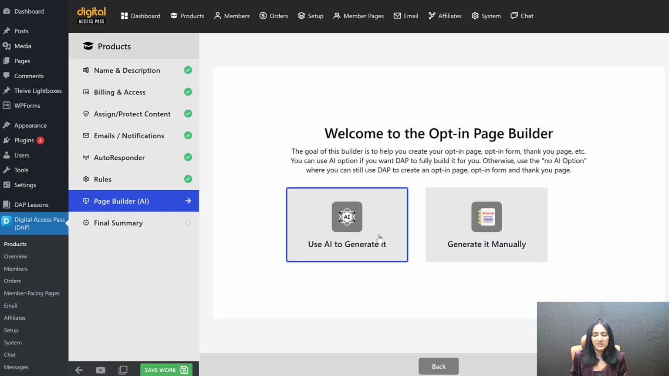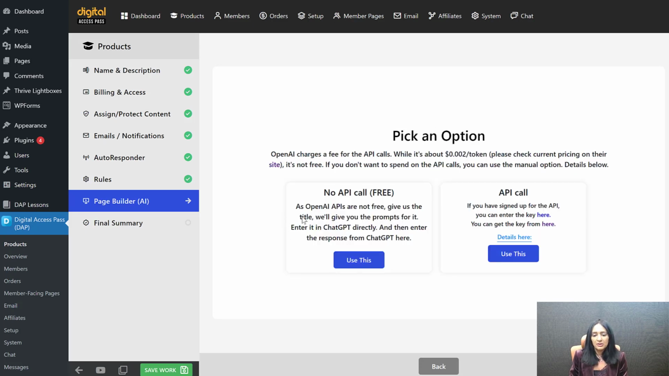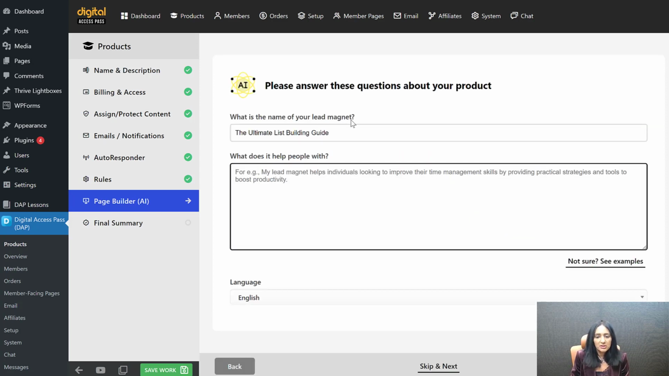You want to create using AI or you want to do it manually? Let's use AI. Do you want to use ChatGPT or you want to use API calls to do it? You can use ChatGPT, super simple. But in this case, I'm going to just do API call. So what's the name of the lead magnet? This is the lead magnet. What does it help people with? And then